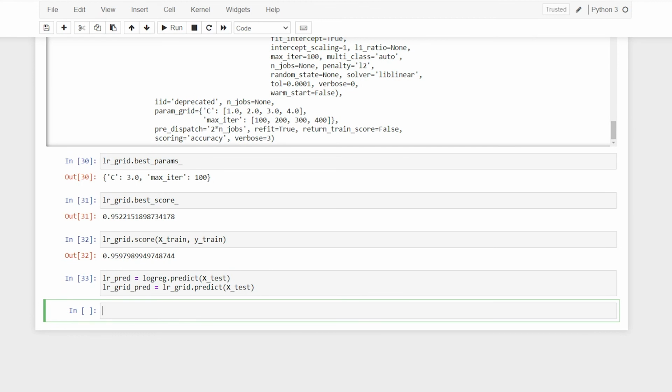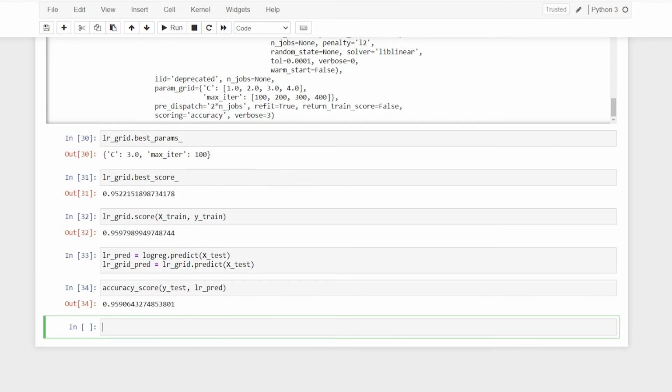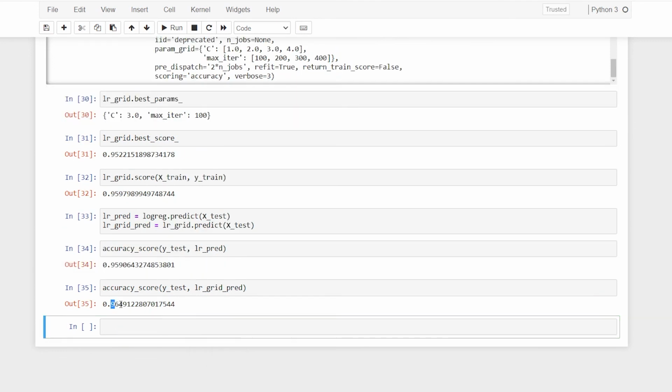Now I'm going to get the accuracy scores for Y test, comma LR pred. First I'm going to check for my logistic regression, which says 95%, and then I'll check Y test and LR grid pred. So it is 96%. We have a better accuracy with the grid search CV because we have the best parameters with us. So this is the way it works.